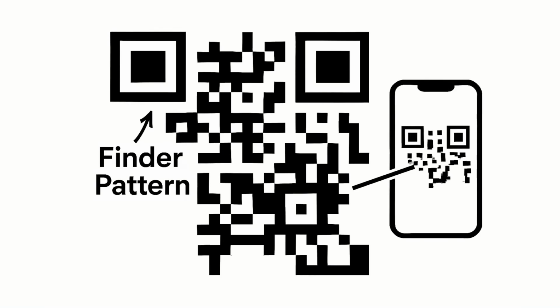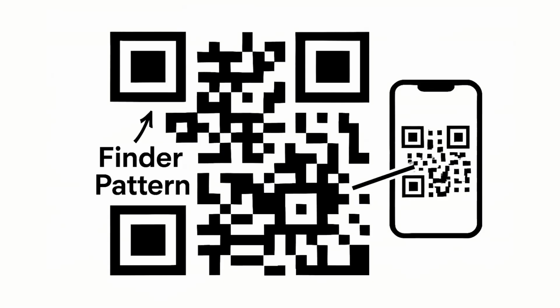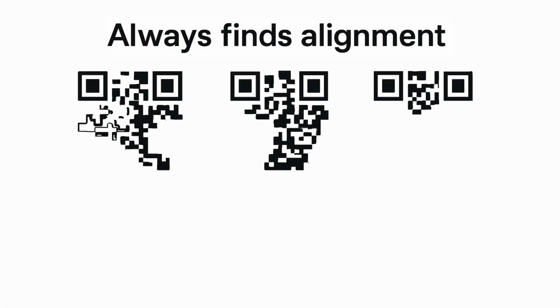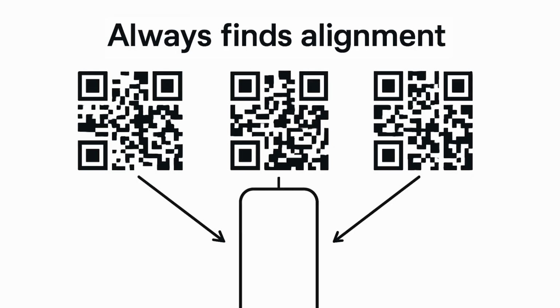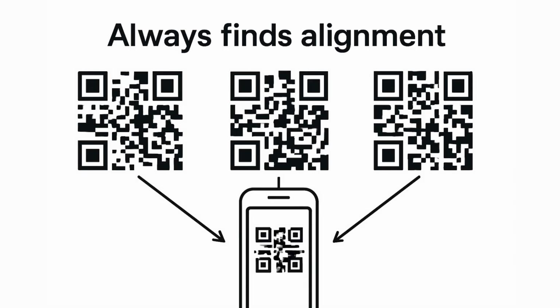first looks for 3 big squares in the corners. These are the finder patterns. They tell the phone, "Hey, this is a QR code, and here's how it is lined up." Because of those corner squares, the code can be sideways, upside down, or at an angle, and your phone can